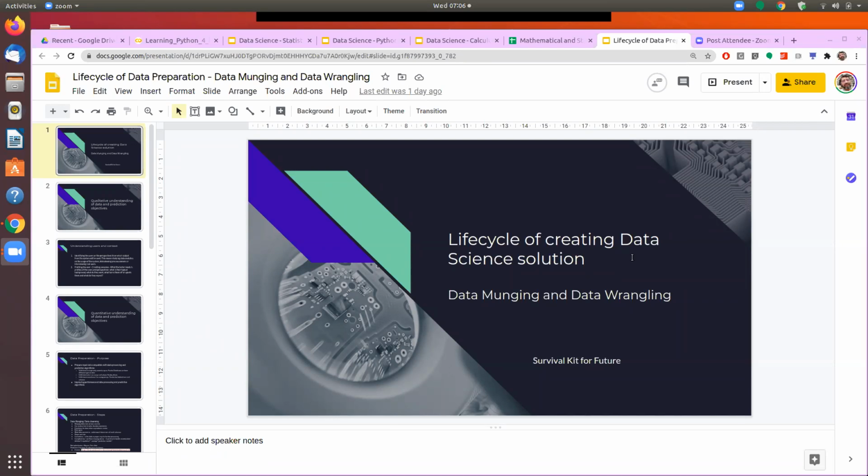If none, then we'll proceed with the agenda for today, which is the data preparation part we were discussing, and different aspects of that we were handling. We have reached the extent where we have identified the outliers, and then the question was how to remove the outliers. So that's the aspect that we will address today.